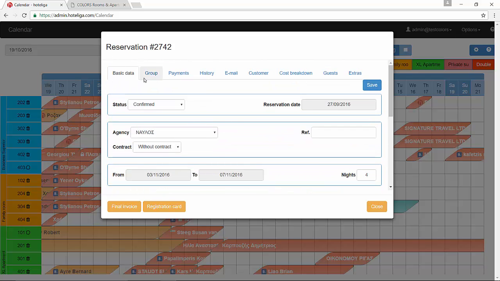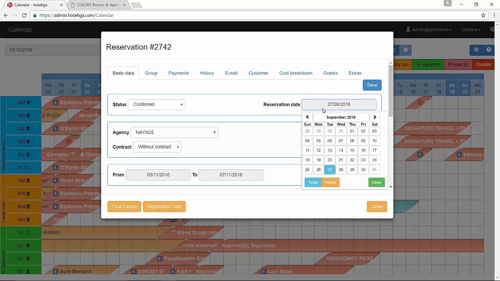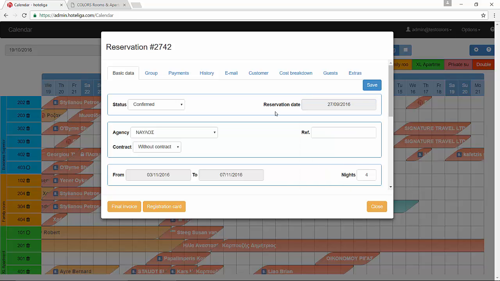Here I see the basic data of a reservation, for example the status. This one is confirmed. I can change it also from here as well as from the home page and other parts of the system. I also have here the reservation date. This is the date that the reservation was made. This helps the system